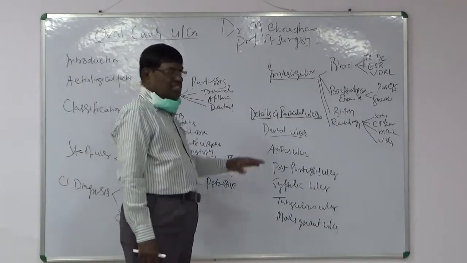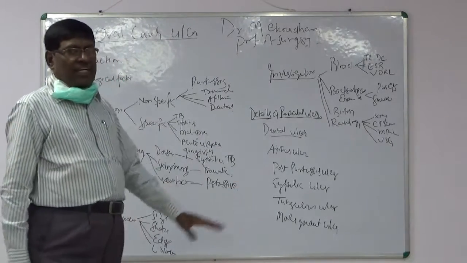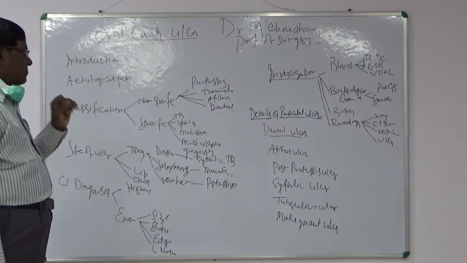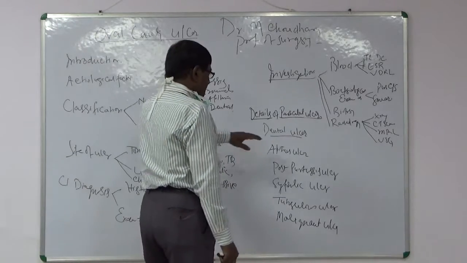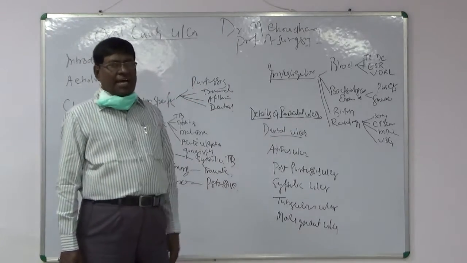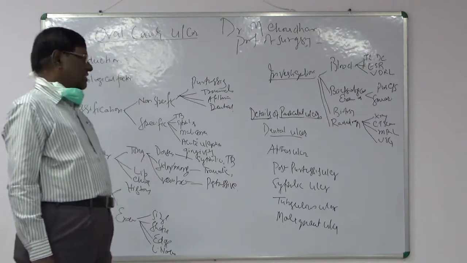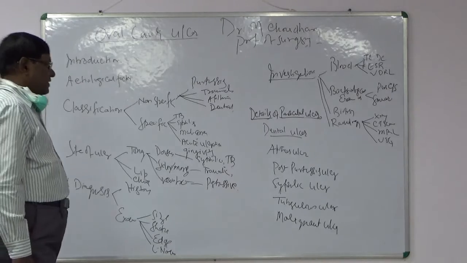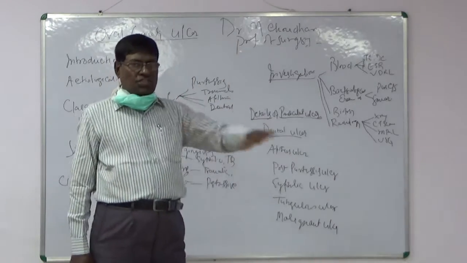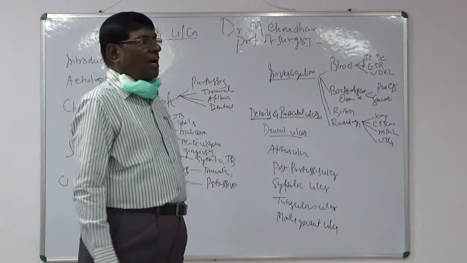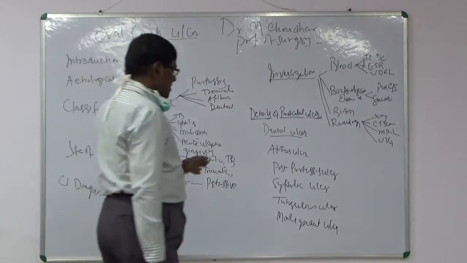Dental ulcer always occurs on the side of the tongue, and it is due to ill-fitting dentures or trauma of the sides of the tongue, and it mostly occurs on the sides or on the tip of the tongue. It is oval, more or less regular in condition, punched out, and this dental ulcer can be treated by removing the etiological factor.